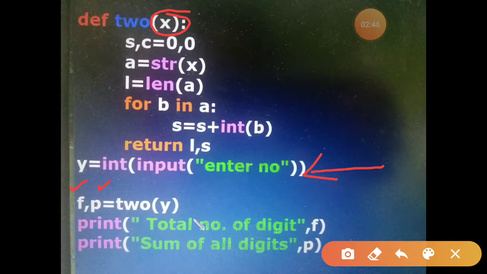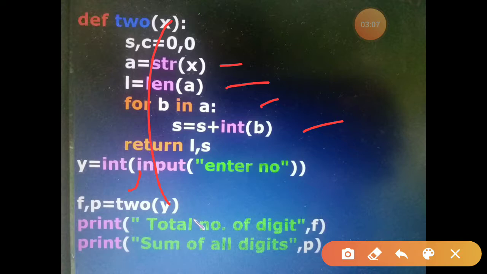Okay, now take a run. If you invoke it, this y will get transferred into x, and the same process will be handled as I told you in this code with the steps. Then after that, the len and s values will be returned to exactly the same place.